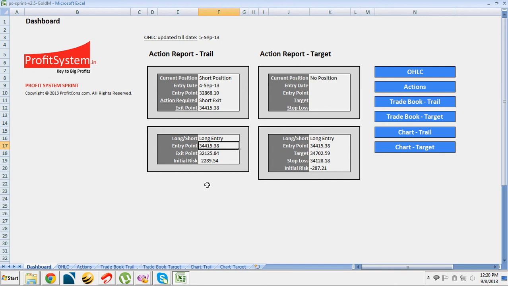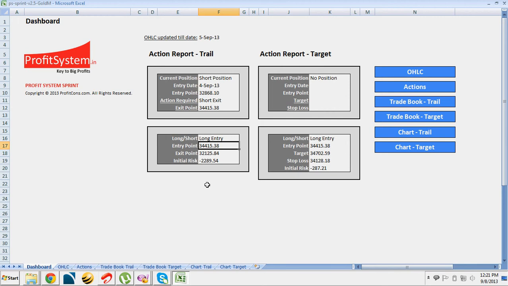Now in both the cases, in the first case you need to open your broker terminal and just place the stop loss market order for gold mini for this current month contract at this particular price, that is at 34,415.38. So you round it off to the next one, that is 34,415.5. You need to place this order in the online terminal if you are doing it on your own.